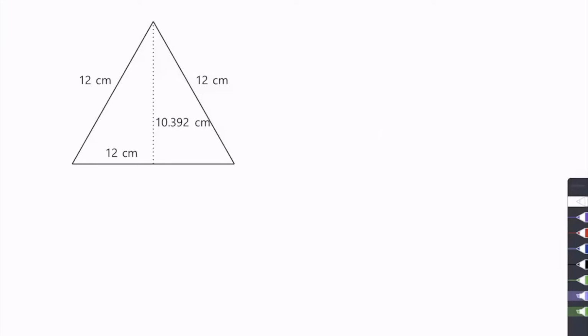Let's take a look at this question. This one is slightly more challenging, and only because we have a decimal number, 10.392, for the vertical height. So if I label the diagram, we've got the base going across there, which is 12 centimeters, and the height going up vertically, which is the dotted line. The area is a half times the base times the height, which is a half times 12 times the height, which is 10.392. A half times 12 is 6. So you've got 6 times